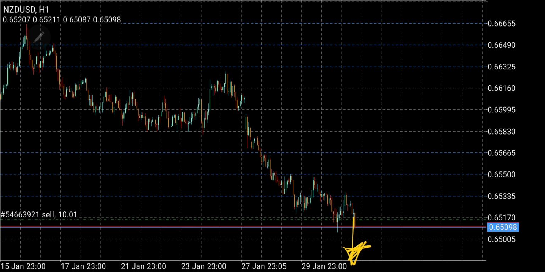So we could sit there and wait. But once you're in profit a little bit, like right now I'm barely in profit, so I wouldn't try to stop it because it could just take me out, right? So I'll wait for it to get a little bit down, like here in this area, and just throw a trailing stop right here. Once price is here, have my trailing stop here, so at least I don't lose any money. I'll break even if anything. Then you just start adjusting your trailing stop on the way down until that trade closes itself, or you do something stupid and end up closing it.